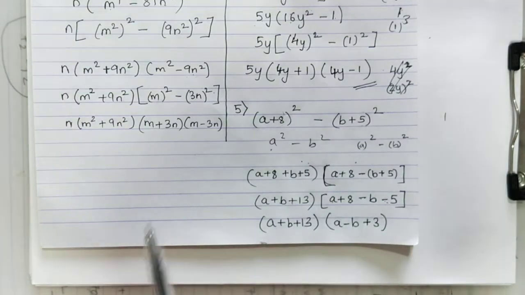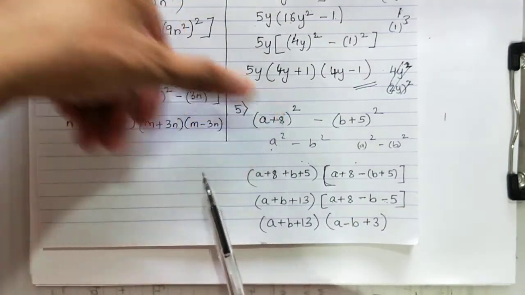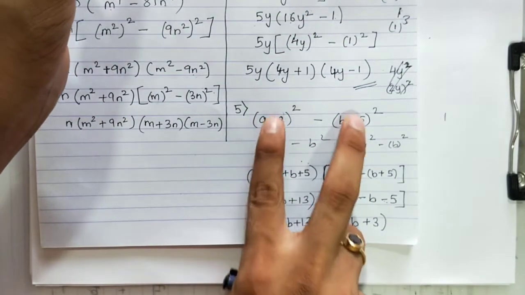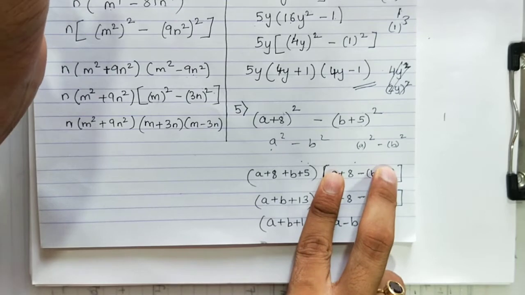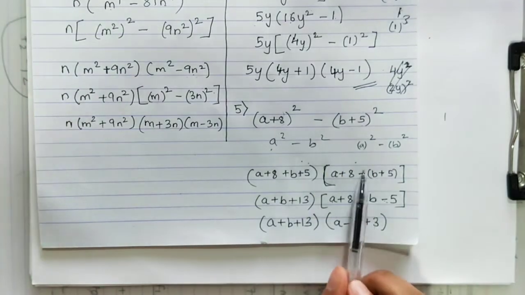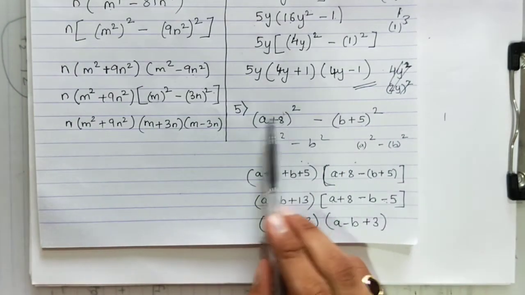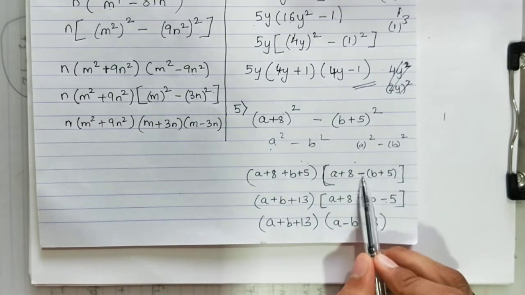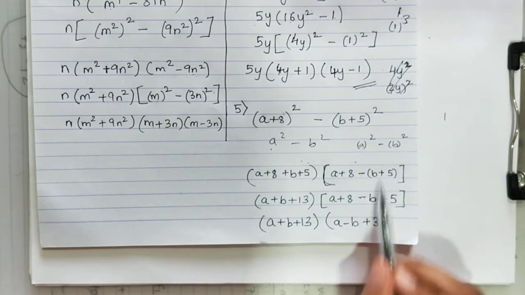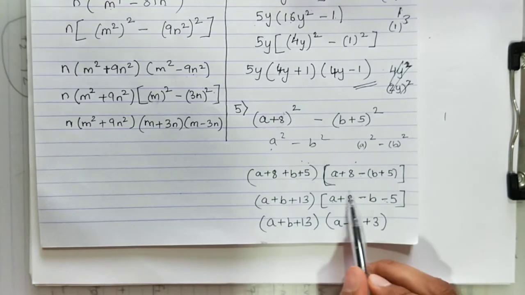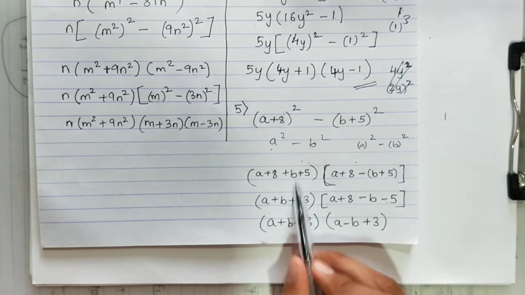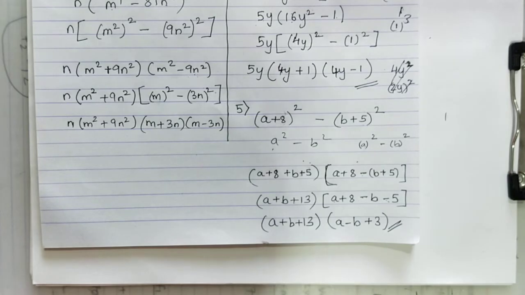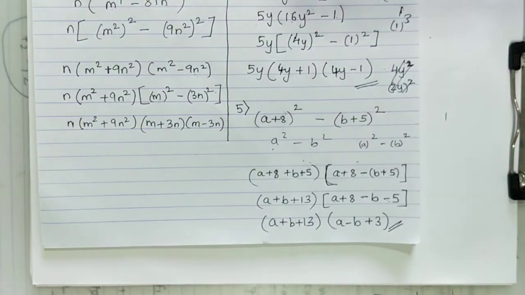Let's understand the sum again. This was first bracket, a plus 8, and this was second bracket. So adding both the brackets, subtracting both the brackets. While subtracting, you have to be careful that a plus 8 minus b plus 5. So minus b plus 5 we have to write in bracket, because of this minus sign, both the signs will change. So we open the brackets, then we subtracted the numbers. Here we added the numbers, 8 plus 5, 13. So this is my answer. Okay, copy the sum.